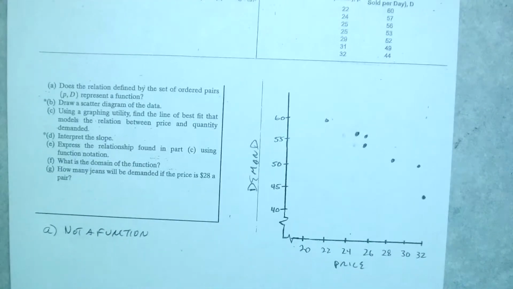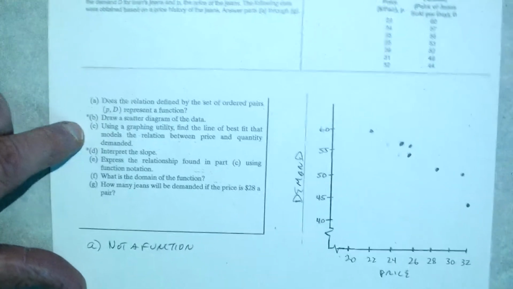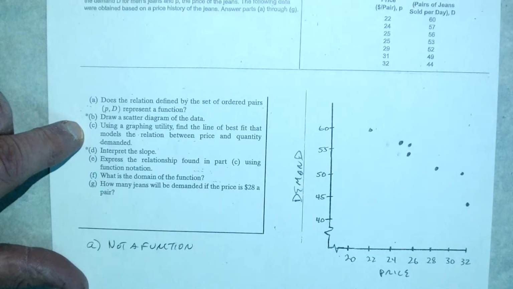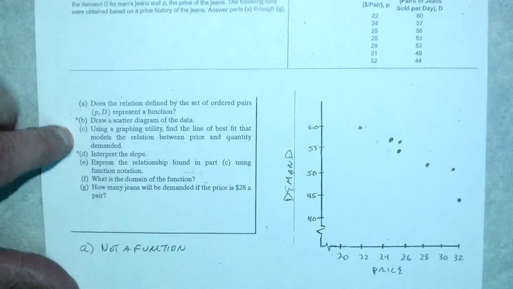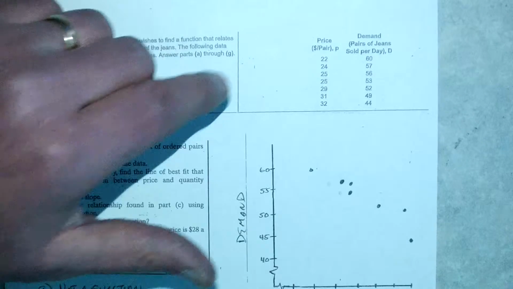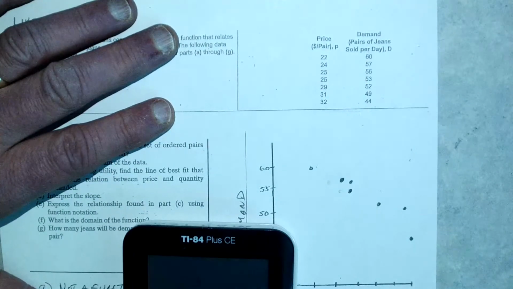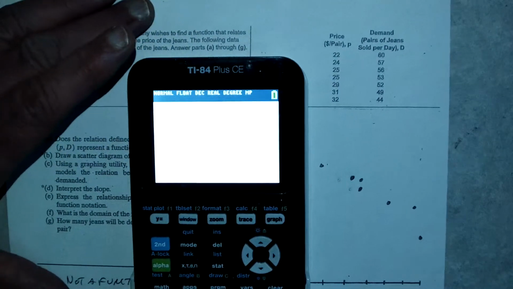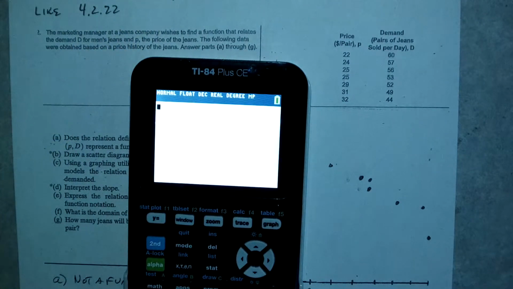Okay, let's go ahead and do part C then. It says, use the graphing utility to find a line of best fit that models this relation. So this is where we're going to actually try to enter this data into the calculator. So let me get my calculator here. And this may be your first time trying to input data into the calculator. So the first thing I'm going to do is